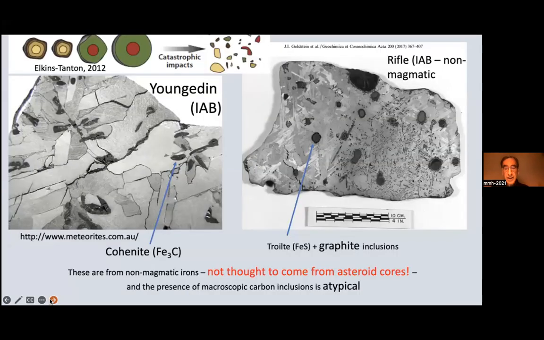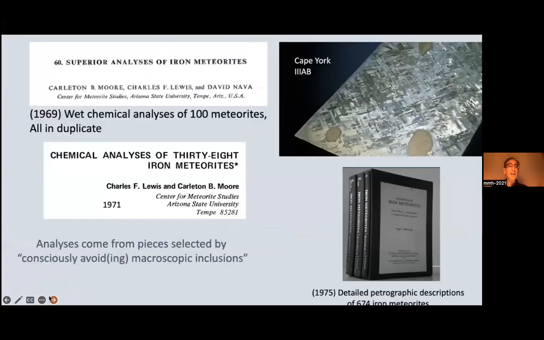The carbon, unfortunately, is not as easy. It's very heterogeneously distributed, even when it isn't so evident as it is in this micrograph here. And it's done, strangely enough, mostly before all of you were born, or almost all of you were born, by bulk analysis. These are the two papers from more than 50 years ago that gave us hundreds of bulk analyses of carbon concentrations. And almost no work has been done since. But because this work was so comprehensive and so careful, it's still quite useful.